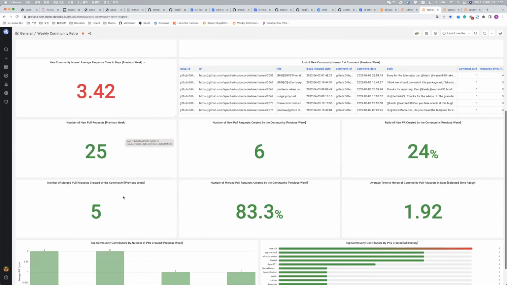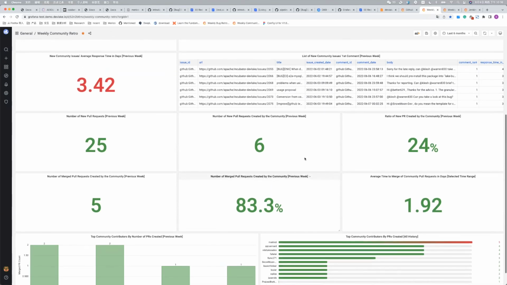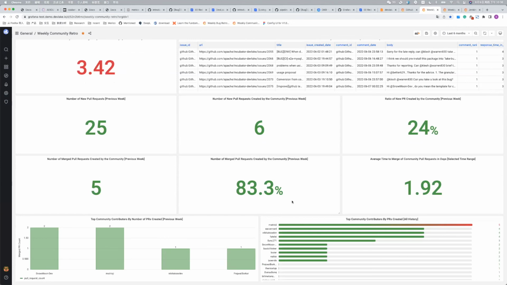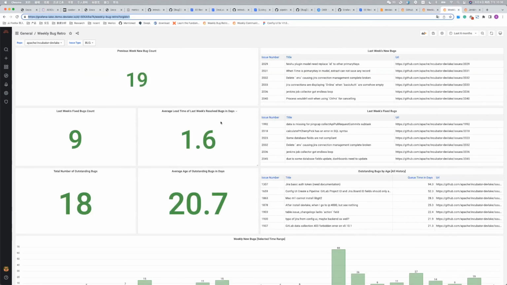Yeah. And also the contributions of the community, and we can see the total number of PRs and the PRs created by the community and its percentage, and also the merge rate. Now it's 80% and it's fine, and the average time to merge here. Yeah. So that's the second one, the weekly community retro, and the third one is the weekly bug retro,